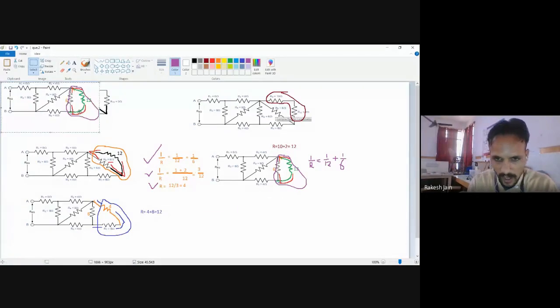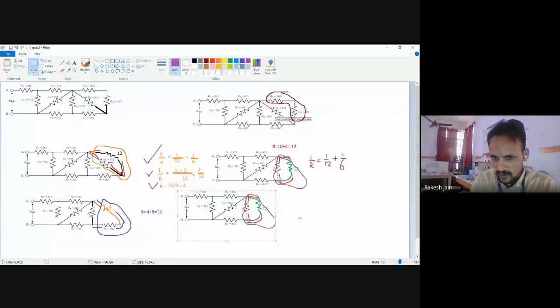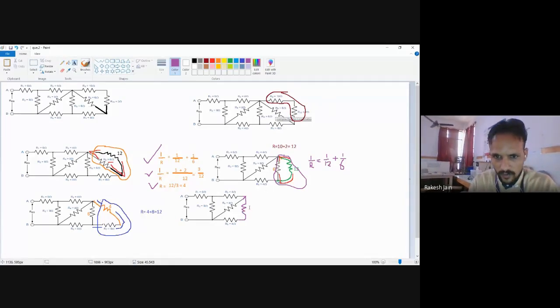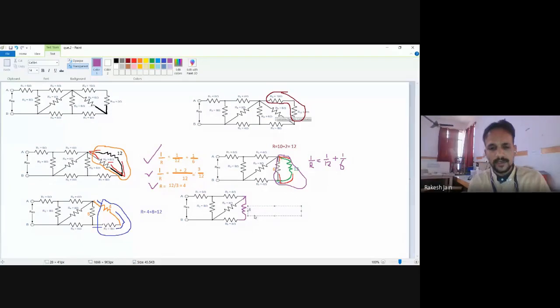So how will it be changed? Now see, this was your previous diagram, but now these two parallel resistances are removed completely, and only a single resistance will become. Only a single resistance, these are connected with each other. And what is the value of this single resistance? That resistance is 4 ohm. That resistance value is 4 ohm. Okay, now the circuit will be further simplified.